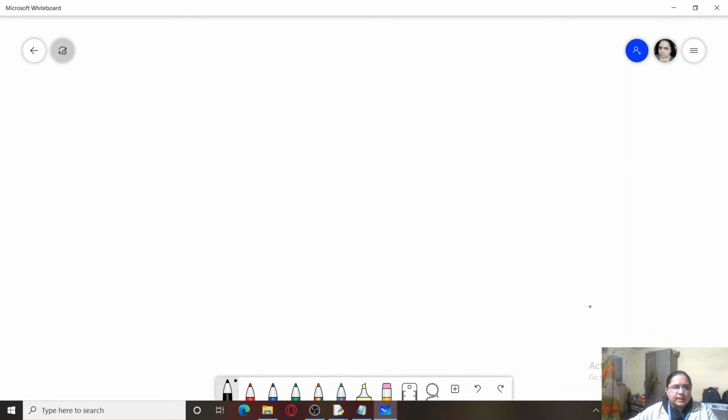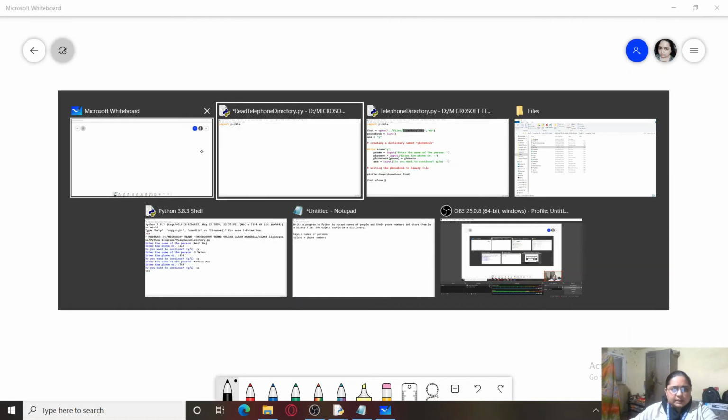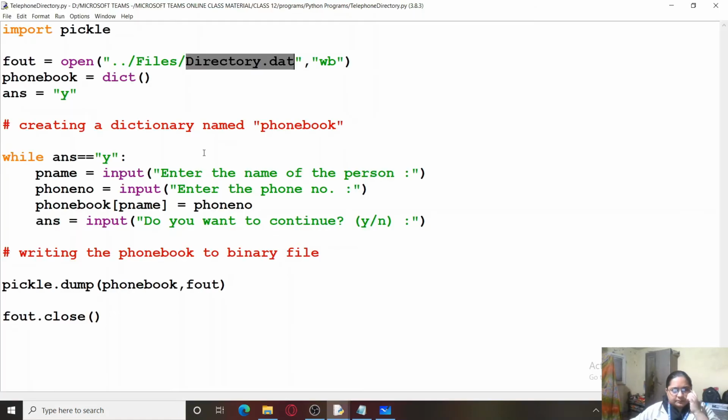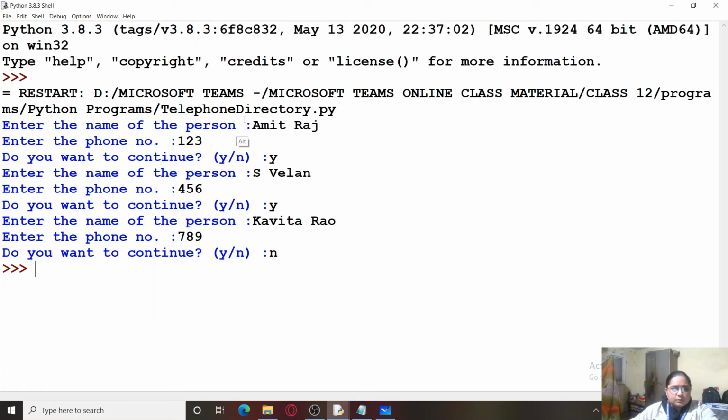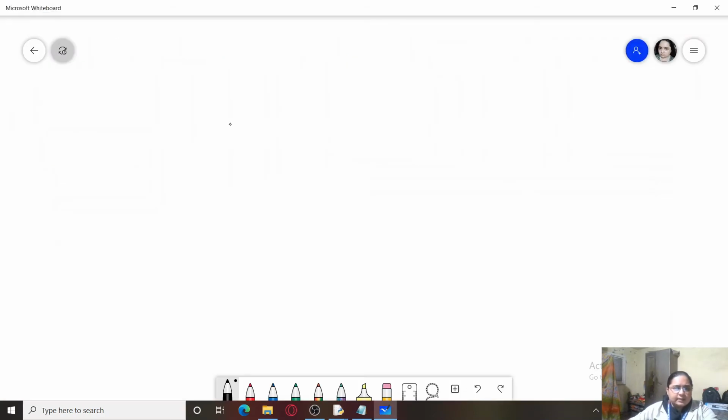So we have over here a file which contains these key value pairs. I'll take the values from here. The first value was Amit Raj, and his phone number was something like 123.